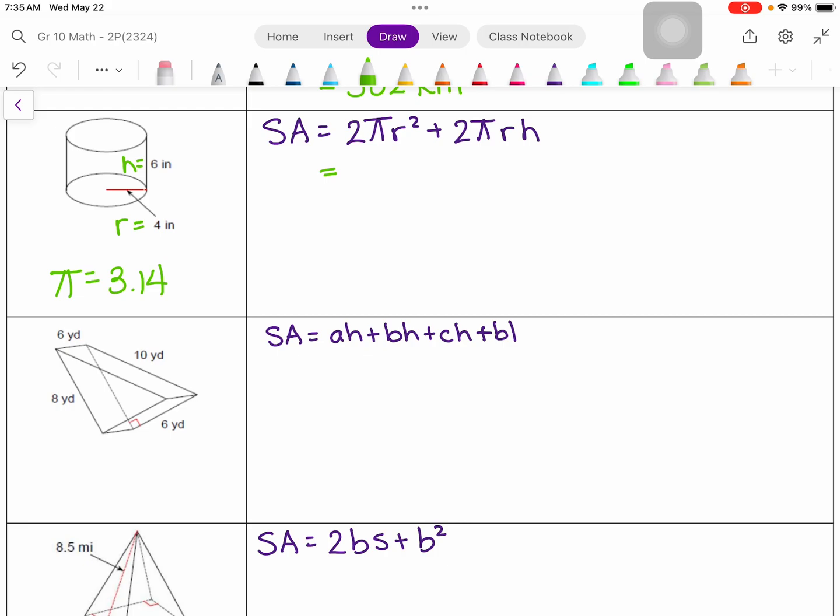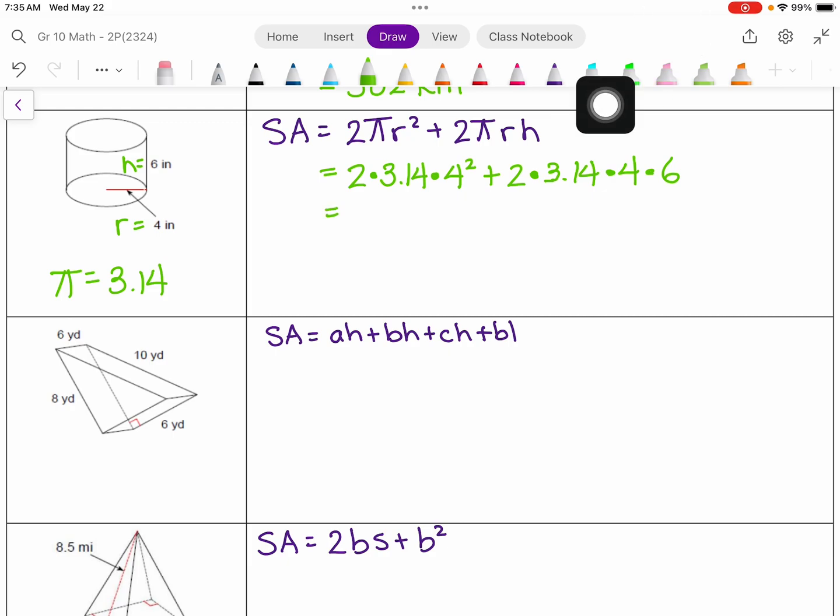So over here we have 2 times 3.14 times the radius, which is 4, and that gets squared, plus 2 times 3.14 times the radius, which is 4, times the height, which is 6. So BEDMAS tells us that we square first. Exponents come first, but this is really just 4 times 4, so I can input 2 times 3.14 times 4 times 4, and that is equal to